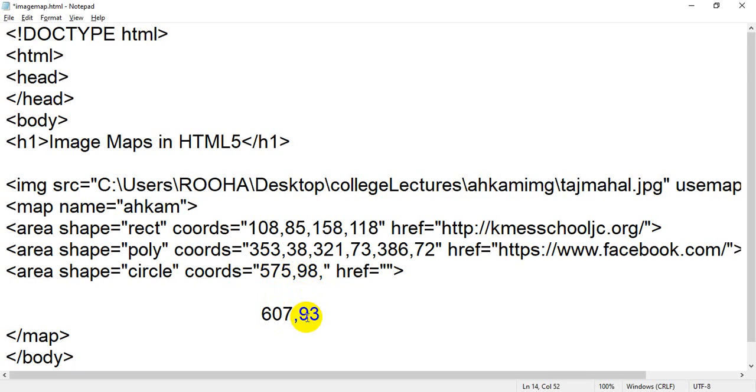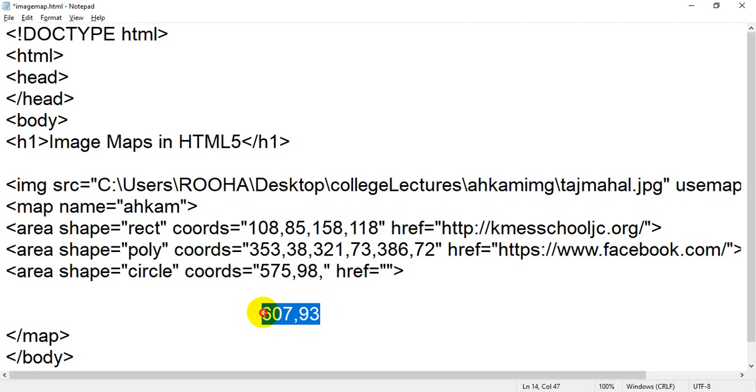Are you getting my point? The third value, it may be x minus x or y minus y. Are you getting my point? The third value you have to write as x minus x or y minus y. It is up to you whether you take y minus y or x minus x.